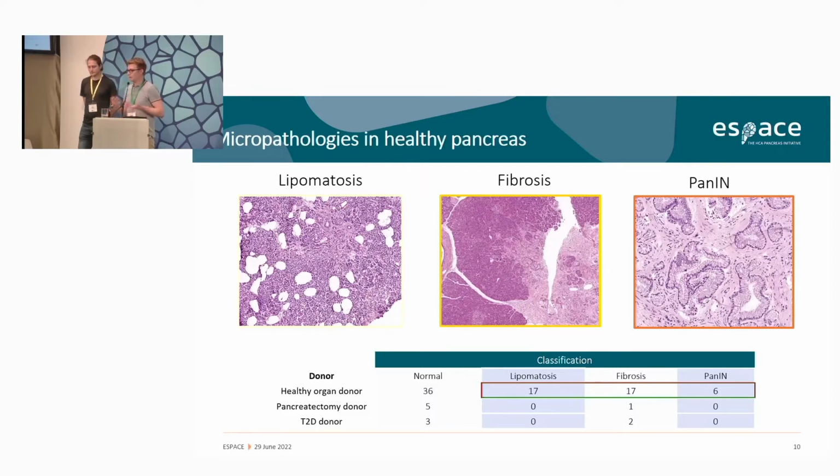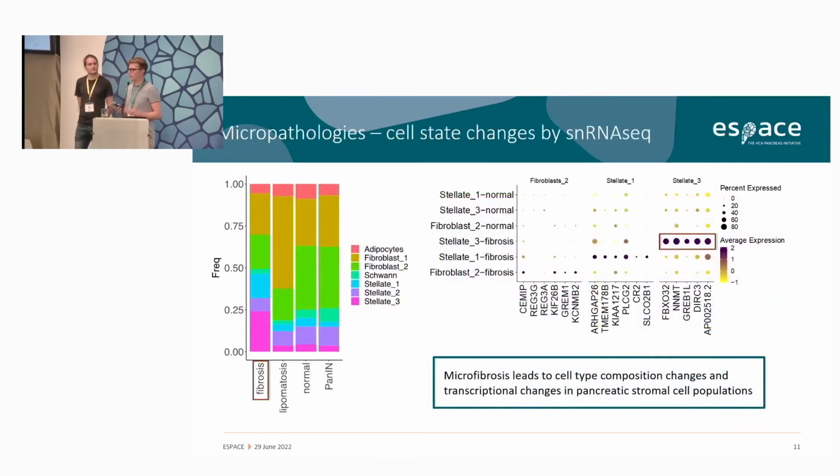So even though microscopically there is no history of pancreatic disease in these donors, we can find that about half of them have some kind of lipomatosis, which is the infiltration of cells that accumulate lipids, some kind of fibrosis, maybe small lesions that are a scar tissue of a previous insult to the pancreas, or small pancreatic intraepithelial neoplastic lesions. And we think that now this offers the possibility to capture these maybe early disease states,